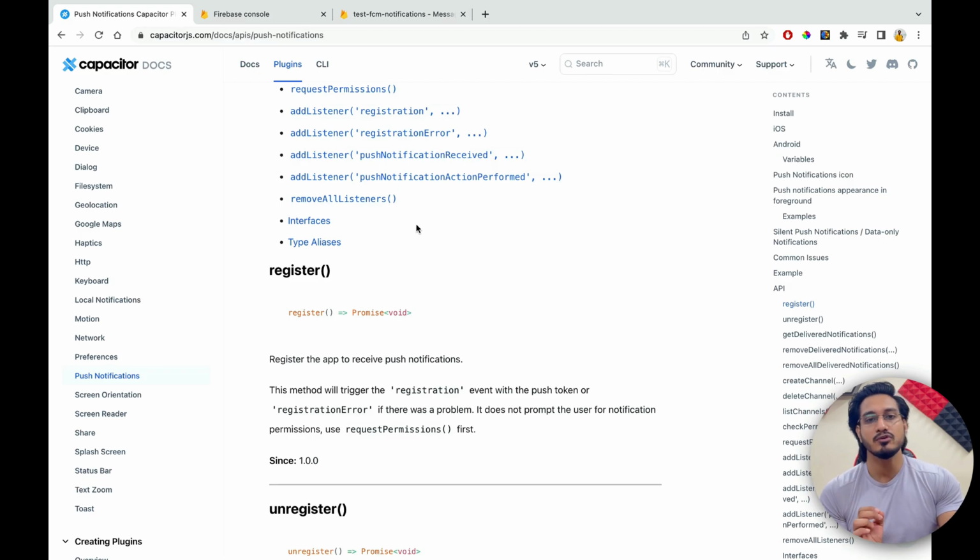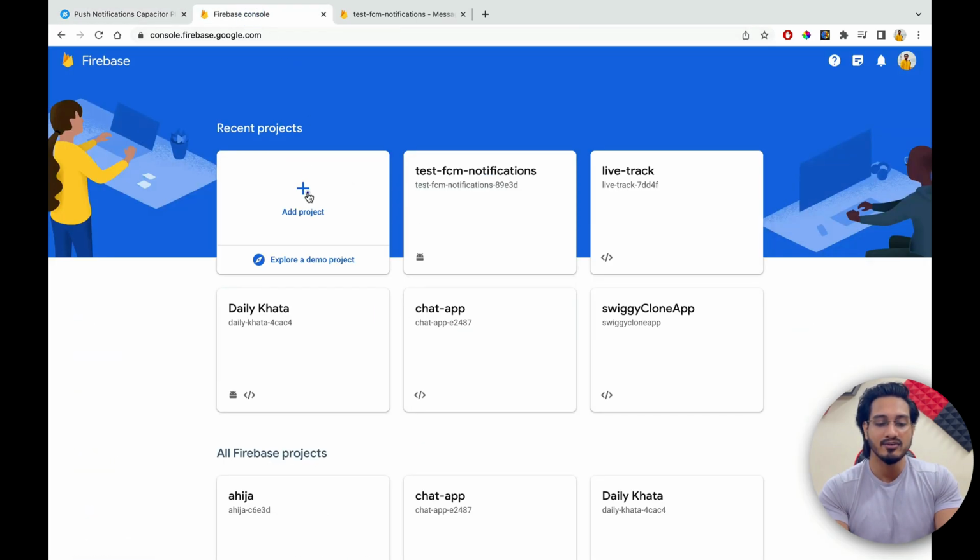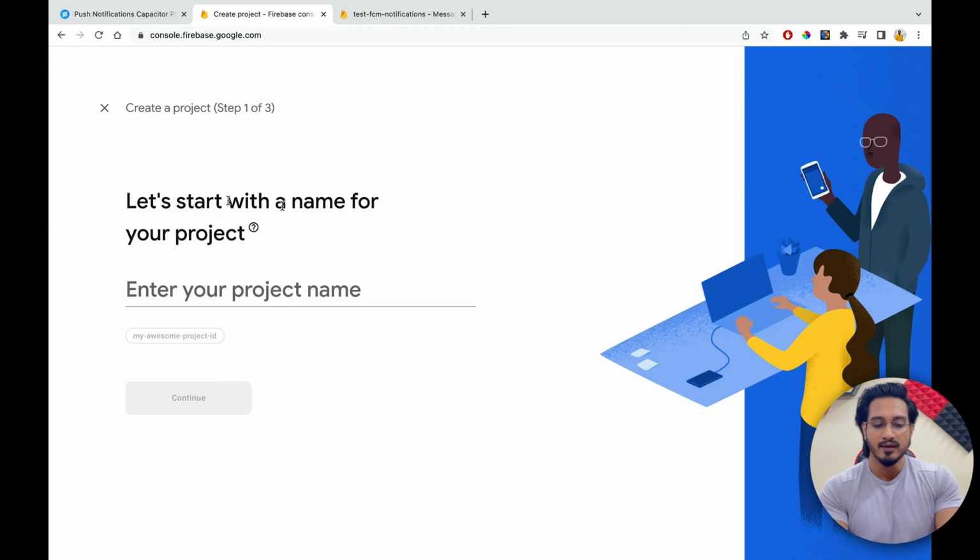At first, you need to understand that if you're using FCM push notifications, that means Firebase push notifications, you need to download the google-services.json file for Android, and for iOS it's going to be a different file. In order to receive that file, you need to go to your Firebase console and create a new project here. These are the simple steps which I have shown many times for creating a Firebase project,